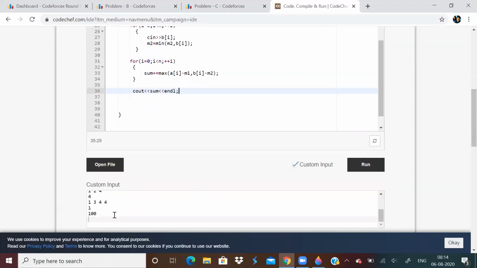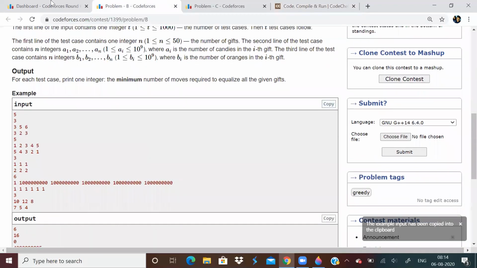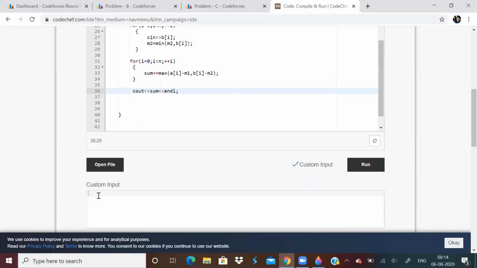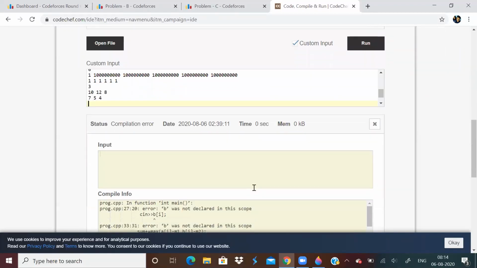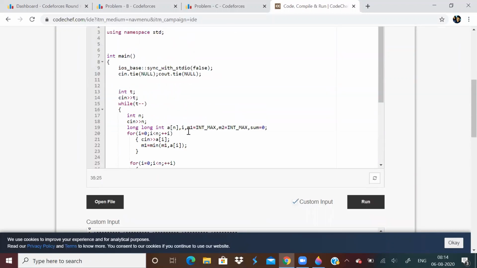I think this will work. Okay, I had not declared b. We have to declare b.